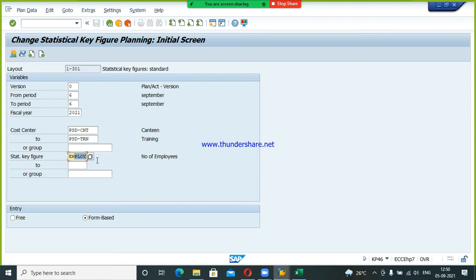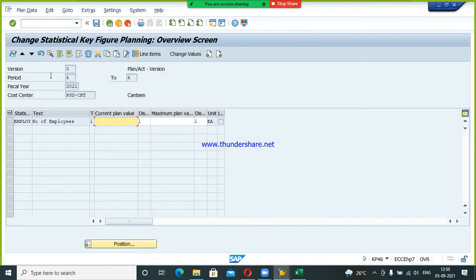And statistical key figure, employee. Select form based, click on overview screen,